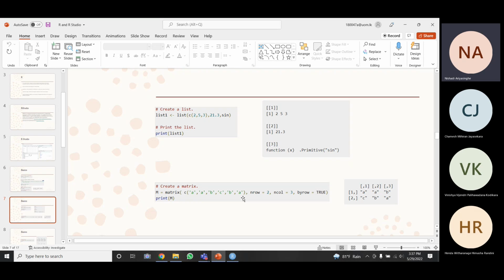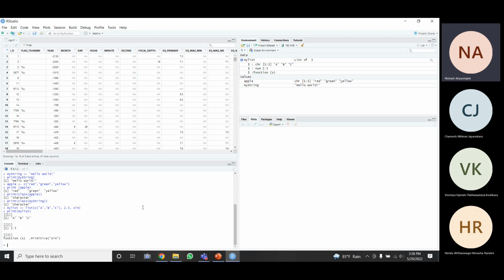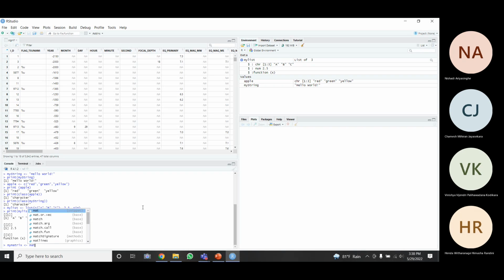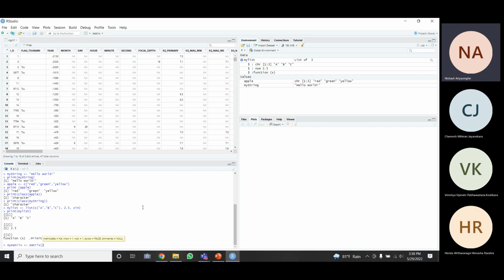Clear? So this is how you are supposed to write it. You can give a name, my matrix, and this sign, and it is a matrix, and inside the matrix I'm going to give a character array.